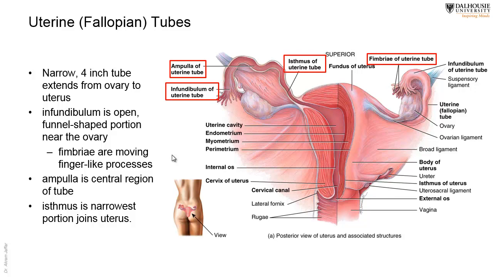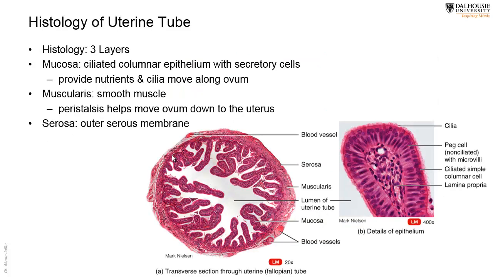So fertilization takes place in the tube, specifically in the ampullary portion of the tube, and then we have the narrow portion, as its name indicates, the isthmus, the narrow portion of the tube that opens into the uterus. This is the narrowest part of the tube. Histologically speaking, therefore, we have a fibrous coat on the outside, and then we have a muscular coat, a muscularis